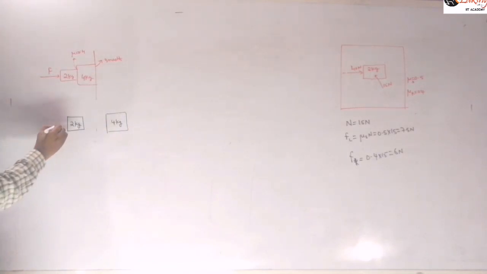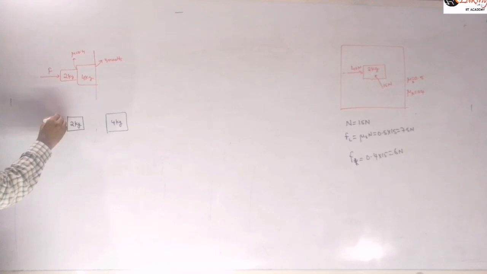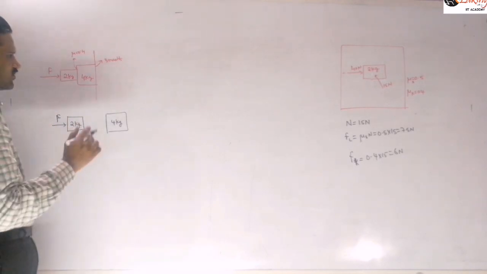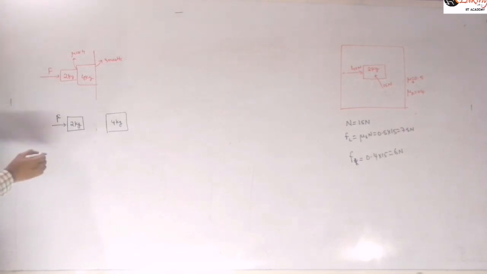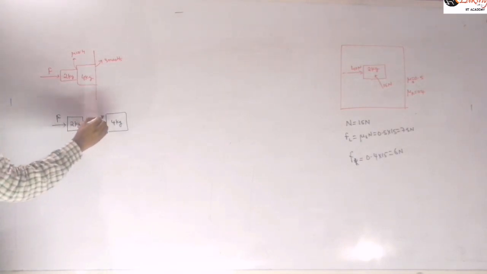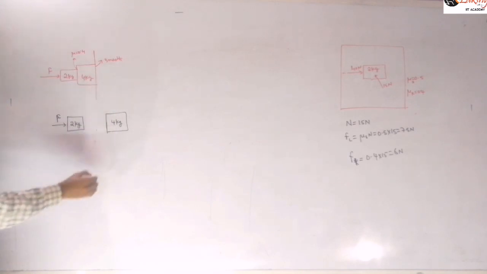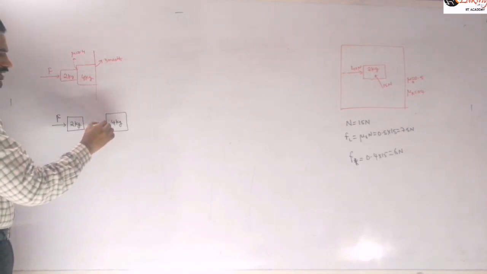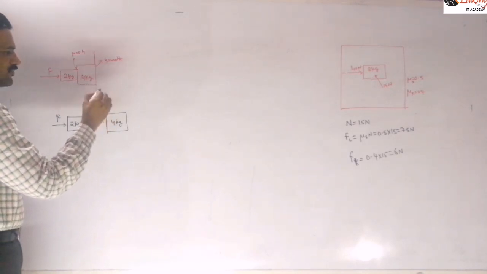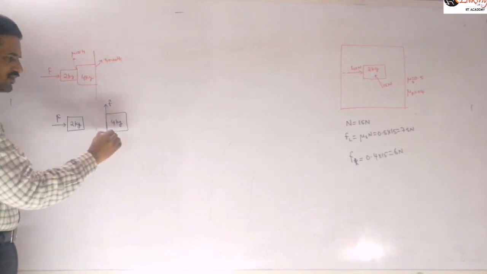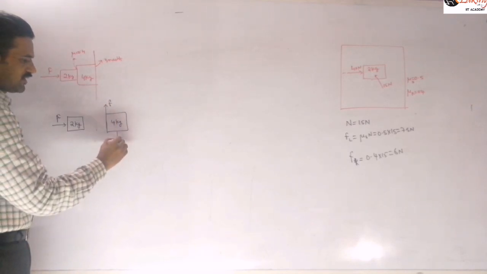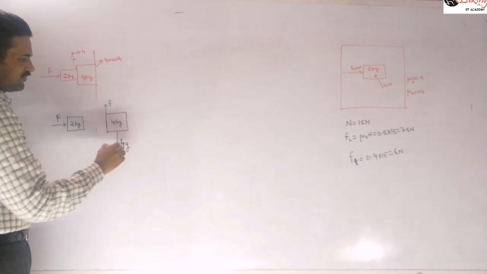Now for this 2 kg block, we are applying some force here, applied force F will be there, and let us discuss the normal reaction, then you will get the clarity about that. If this 4 kg block has more weight and it starts sliding down first, then the frictional force acting on it will be in the upward direction, right? And so the weight 4g will be in the downward direction.